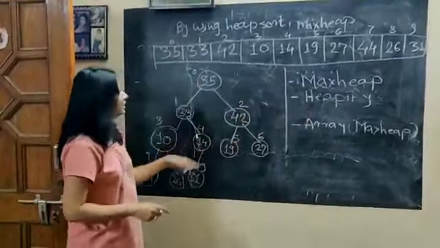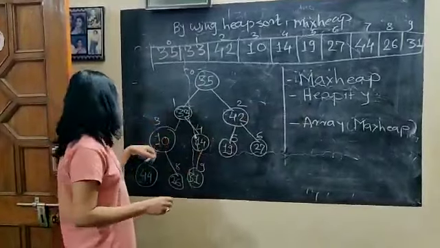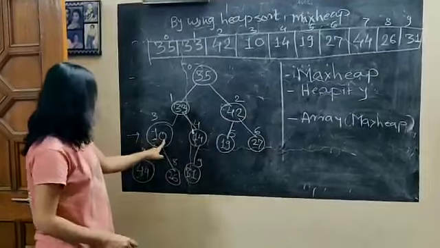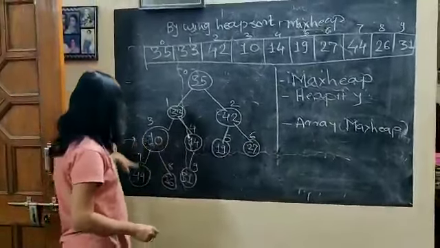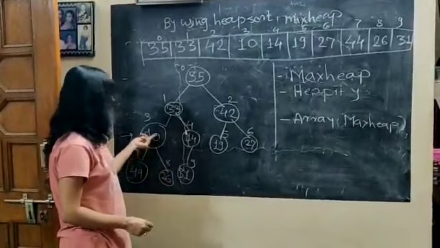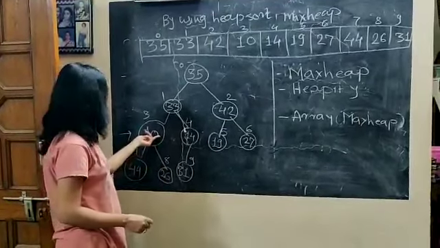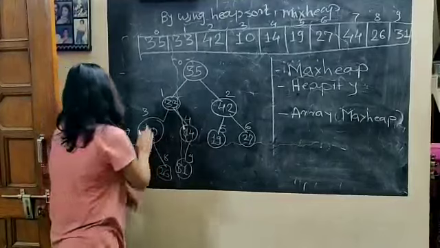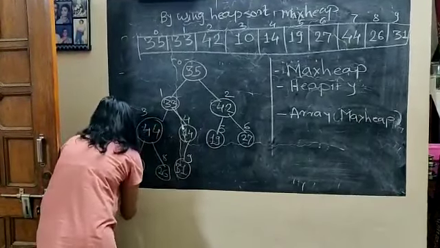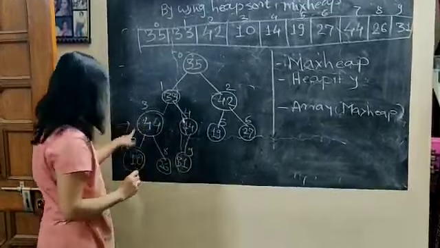So the tree is the same as in the last lecture, our data. So we will start from here. Comparing 44, 10 and 26, we have to assign the maximum node to the parent node. So 44 is replaced by 10 and the swapping has been done. That is nothing but your heapify method.